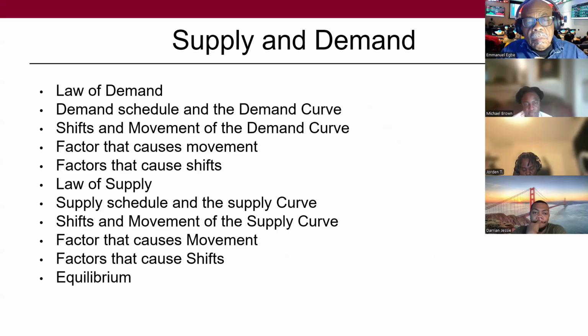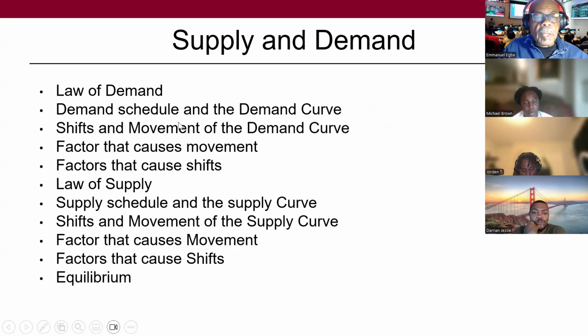So the system then operates on the basis of supply and demand. Now, demand simply is the quantity of goods that buyers want to buy at a given price at a particular point in time, while supply is the quantity of goods that sellers want to sell at a given price over a period of time. Okay, so